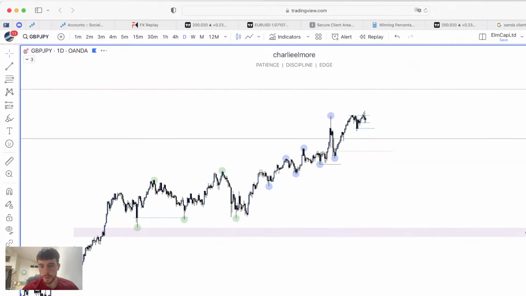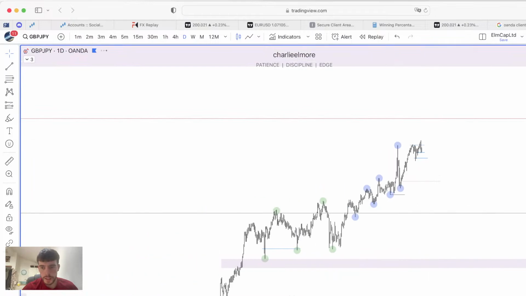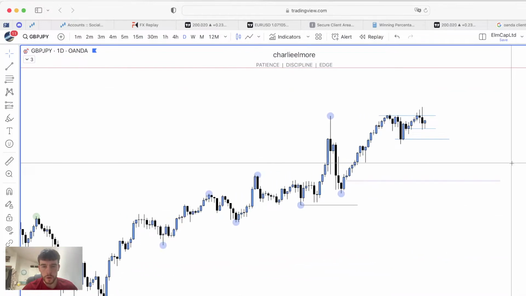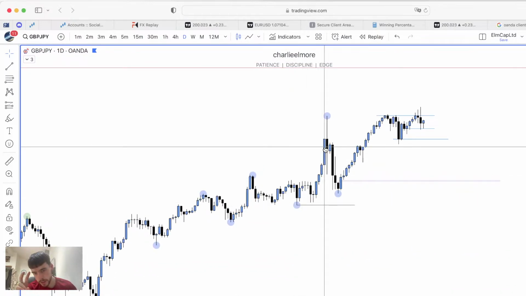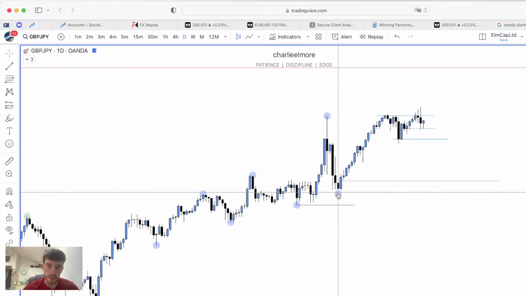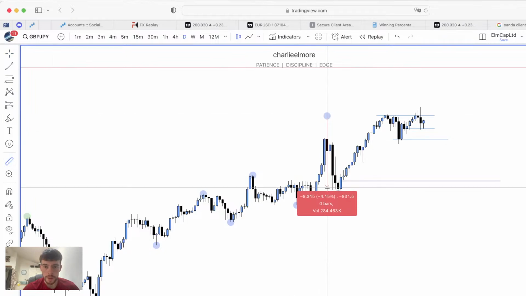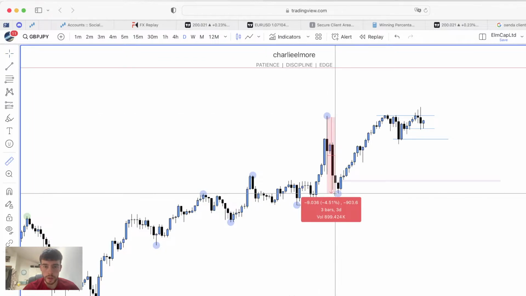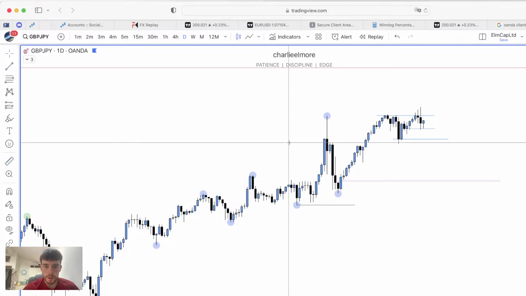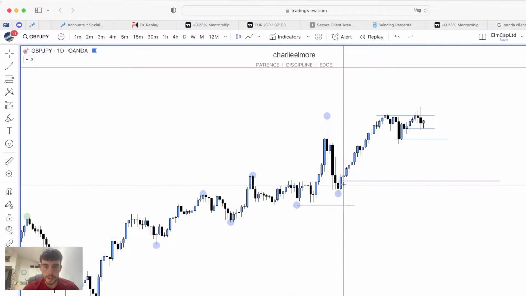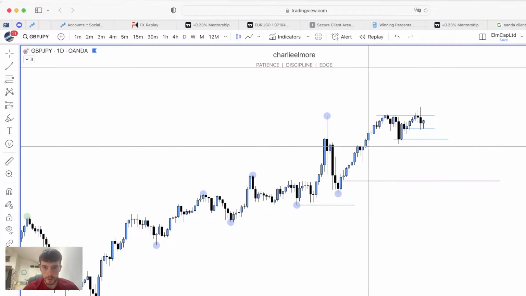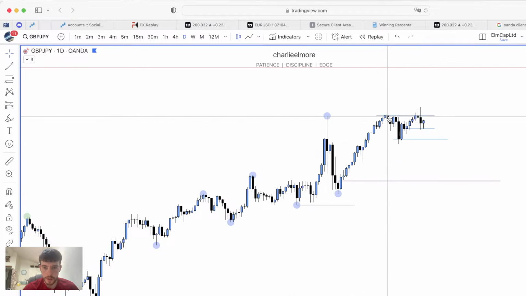The only thing, as I've said before, is the fact that we've not had a decent pullback for quite a while. The only one I guess you could consider as a decent pullback would be this one here. It was like 700, 800 pips, but it was rapid though. Yeah, 900 pips right there. You can see the recovery, how long that took to sustain price to the upside. Closed above that high again.